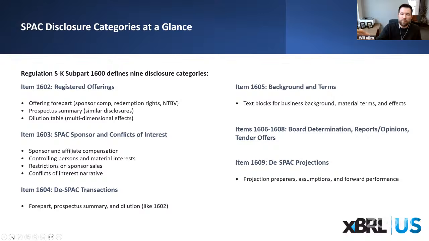So that's one of the few places where you actually have forward-looking projections rather than past financials in an SEC filing. This taxonomy supports each of these through different entry points that Nikki mentioned. When you're about to tag a SPAC filing, you first need to identify which items apply, and that helps tell you which part of the taxonomy you're going to start to use.